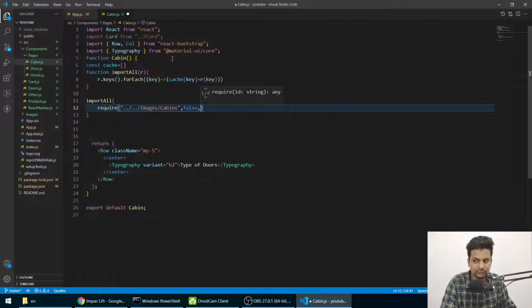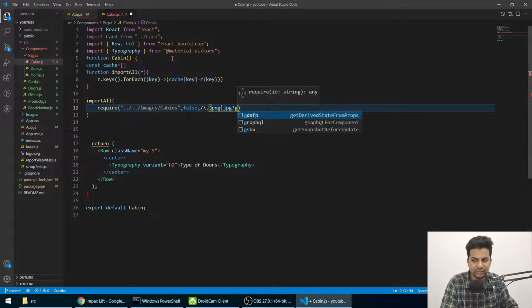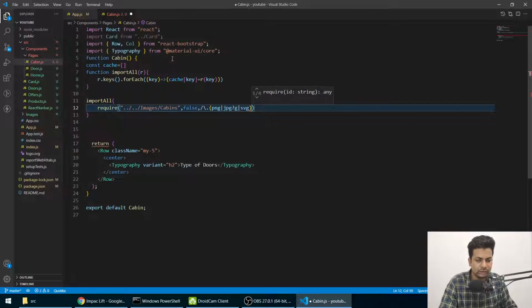then we'll say png, then we'll say like this, jpg, then we'll say question mark, there's some regex, pretty hard, and svg, then we'll close it, then we'll have dollar slash.